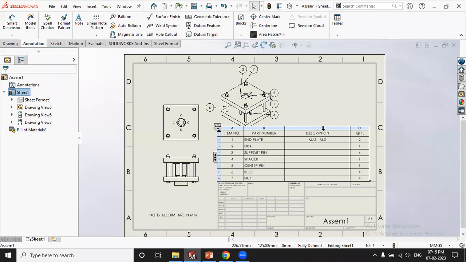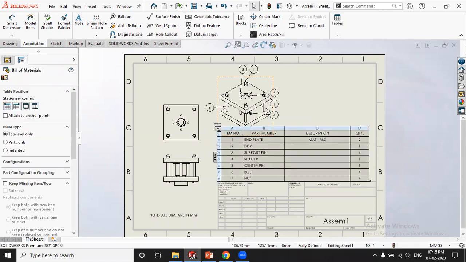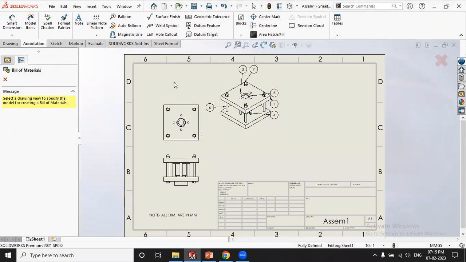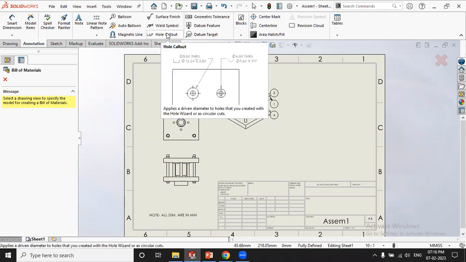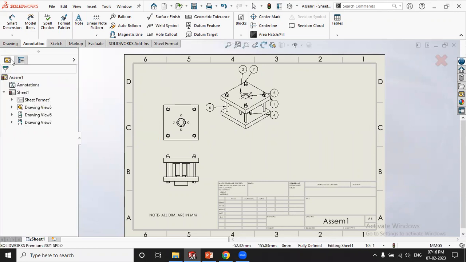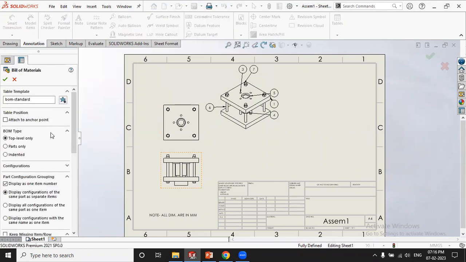Bill of material is a very important feature when you have an assembly. It is used for the main assembly. So please try to create a bill of material during your assembly, not in a single part. Okay, then hole callout. Okay, hole callout. For this one, what I will do, I will